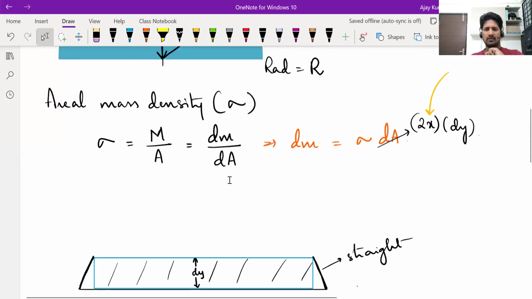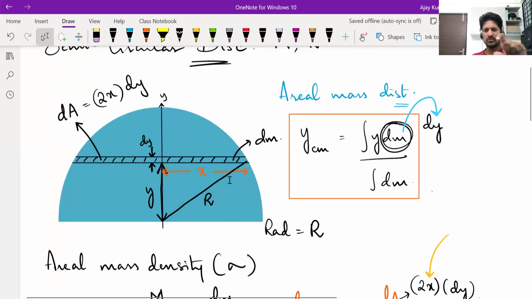Look at what we have done. Our aim was to find out the position of center of mass of this semicircular disk. We drew the line of symmetry. We are trying to find out where the center of mass lies along the line of symmetry. So for that, we took integral y dm divided by integral dm. To integrate y dm, we had to express dm in terms of dy. So we visualized dy, and the mass that lies at that particular height, and the mass was spread over